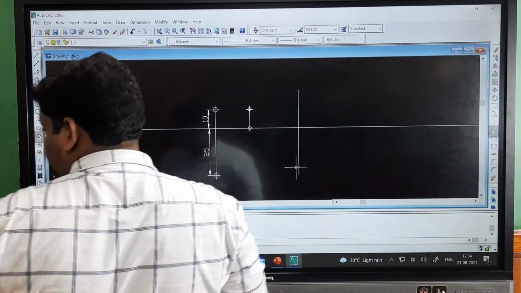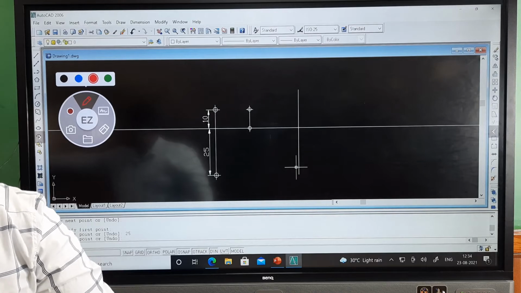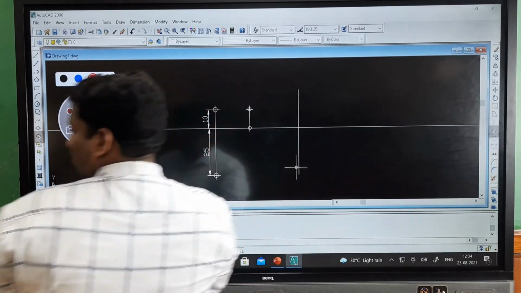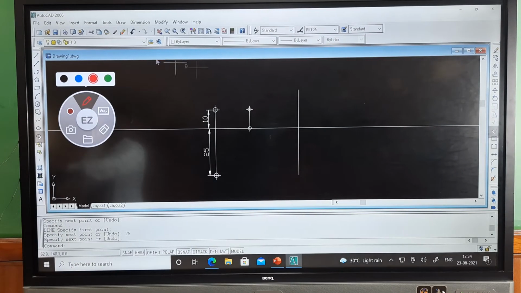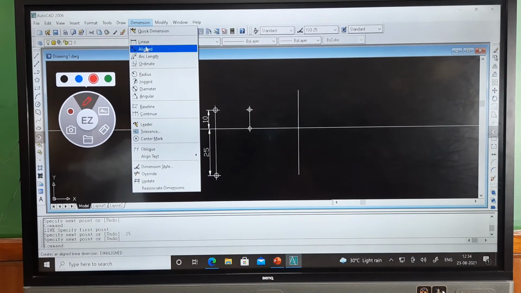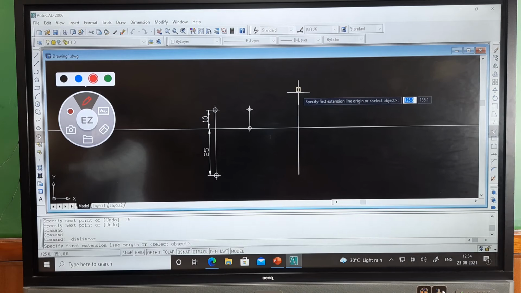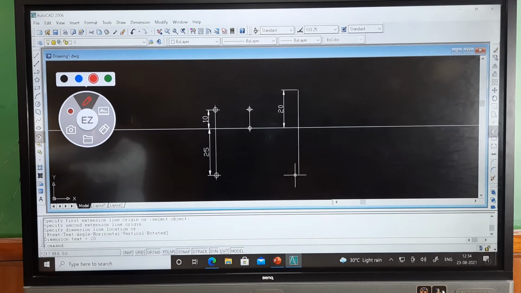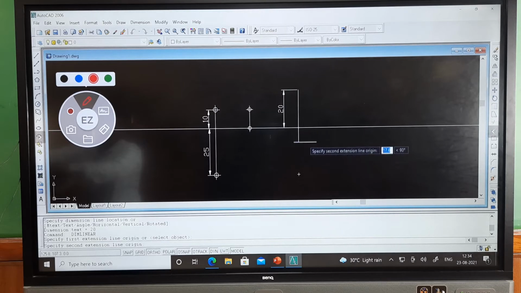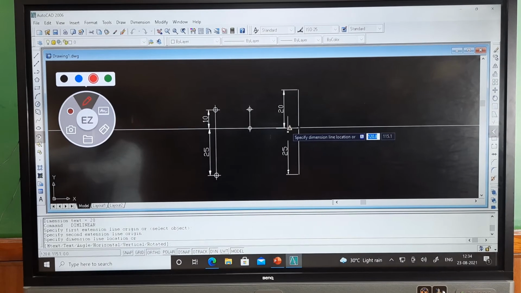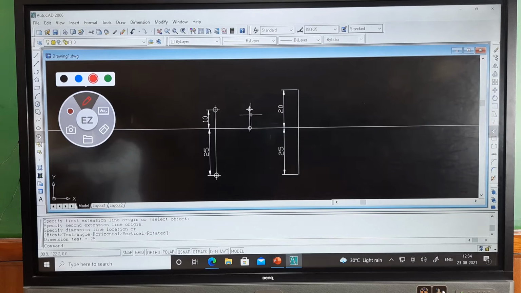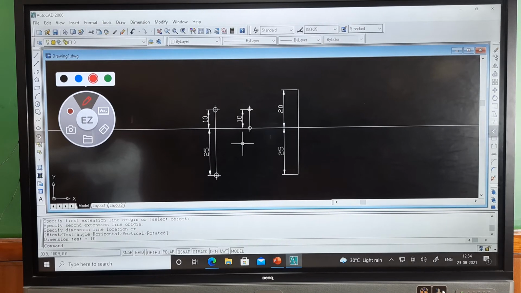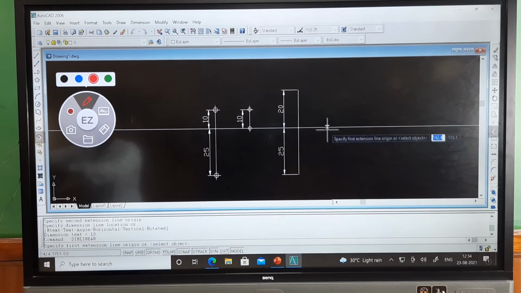So in this, we have just now copied the previous question. This is 25 mm. So I will go through the dimension here. From the dimension, linear dimension, if I select the point from here to here, it is 20 mm behind the VP. Again I will click here, and here it is 25 mm in front of the VP. Again I will go for the dimension for the previous one, that is 10 mm above the HP and on the VP.